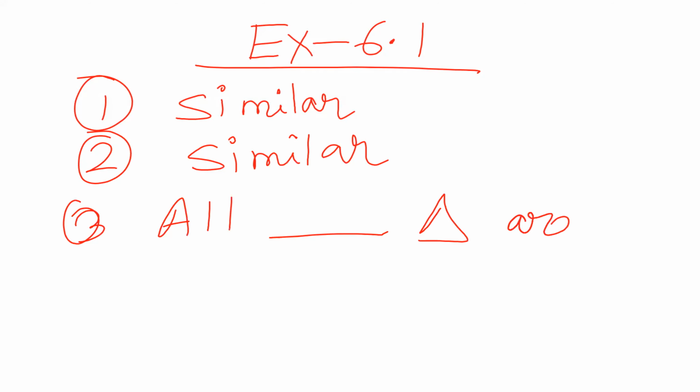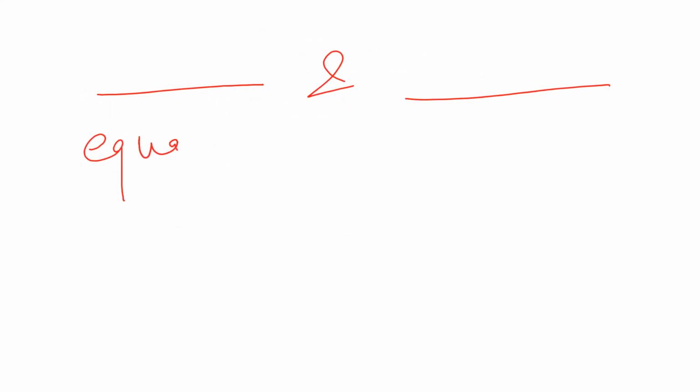Third one, all triangles are similar. We have two options: isosceles and, sir, equilateral. Equilateral triangle. All equilateral triangles are similar. Yes. And fourth one, two polygons of the same number of sides are similar if their corresponding angles are equal and sides are proportional, right? So equal and